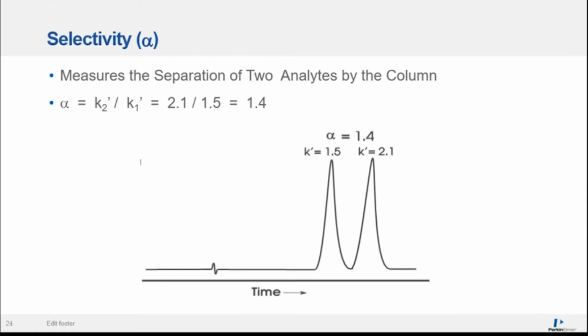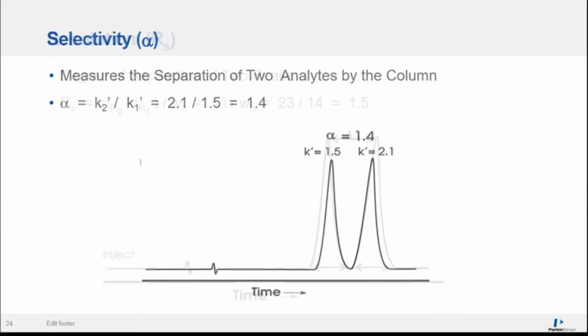Now, the disadvantage of selectivity is that it only looks at the retention time. It only looks at the top of the peaks. It does not look at what is happening down at baseline. So a better way to tell if you really have a good separation of your 2 peaks is to use